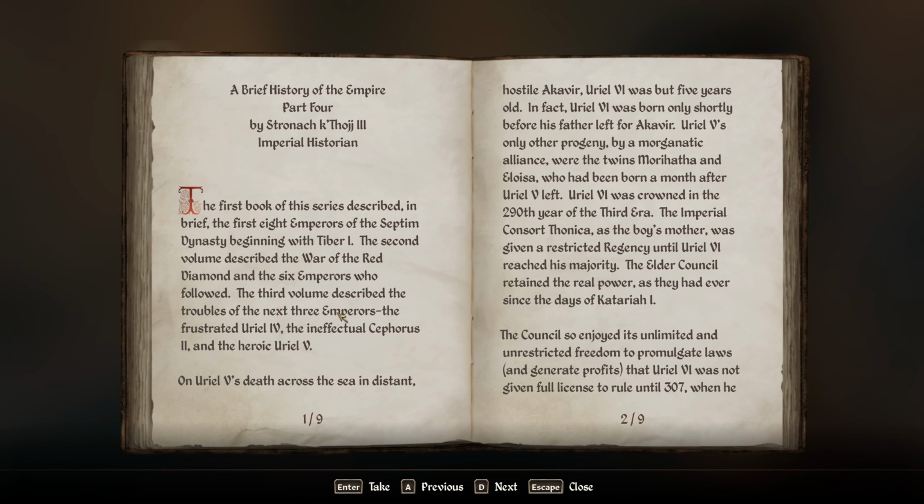9 pages. Brief History of the Empire, Part 4. The first book in this series described in brief the first 8 emperors of the Septim dynasty, beginning with Tiber I. The second volume described the War of the Red Diamond and the 6 emperors who followed. The third volume described the troubles of the next 3 emperors, the frustrated Uriel VI, the ineffectual Sepphoris II, and